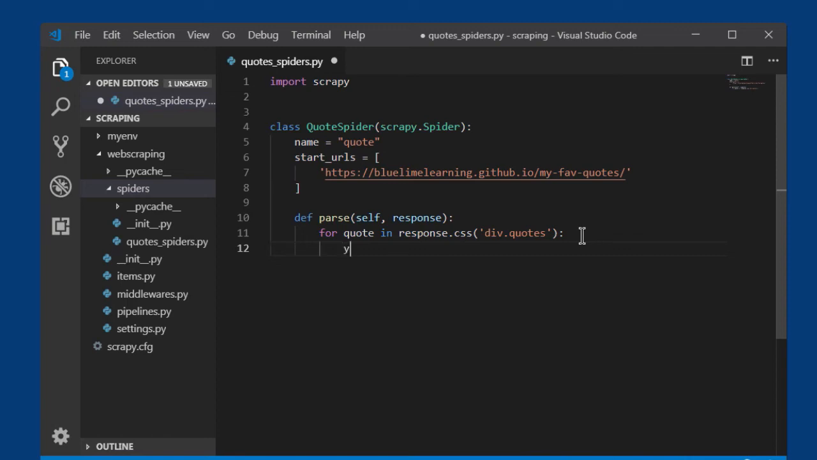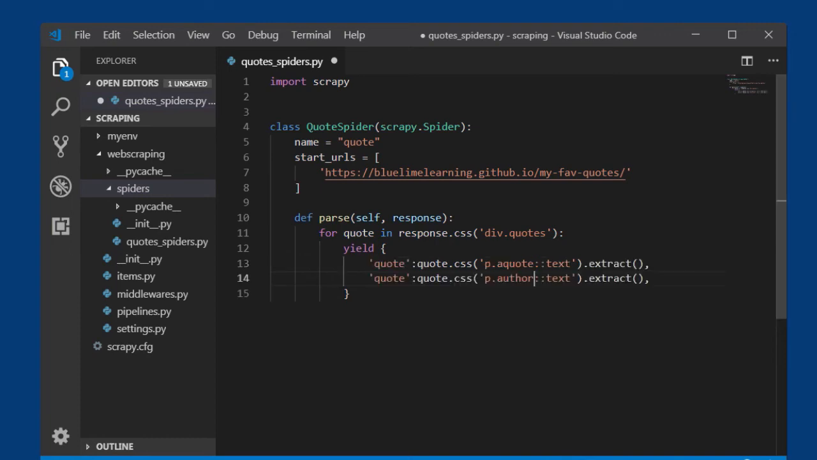So I'll type in yield, and you have to enclose it in curly braces. I'll tab in between the curly braces, and inside there I will specify what it is I am extracting. I've added a couple of lines of code here just to save time. So here on line 13, this is going to be the yield. So quote